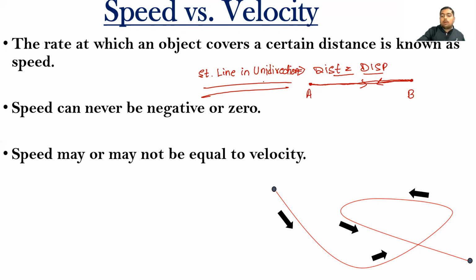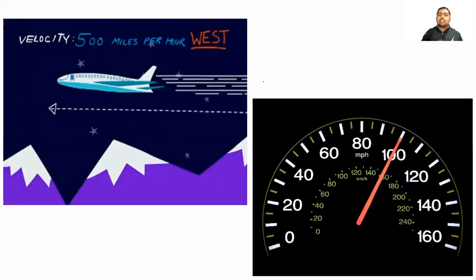Okay, now there is a simple example which differentiates between velocity and speed. This is the speedometer. You all know the speedometer is situated in your car and bikes and other vehicles. So what does the speedometer show? It shows the speed of your vehicle. It shows only speed. Why? Because it shows only magnitude. Let's see, the speedometer reading shows 100 miles per hour or 160 km per hour. This is only magnitude. That's why it is called a speedometer.